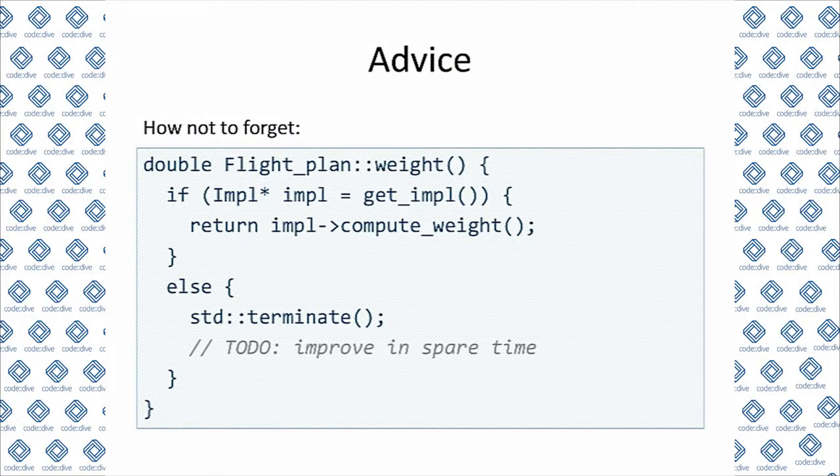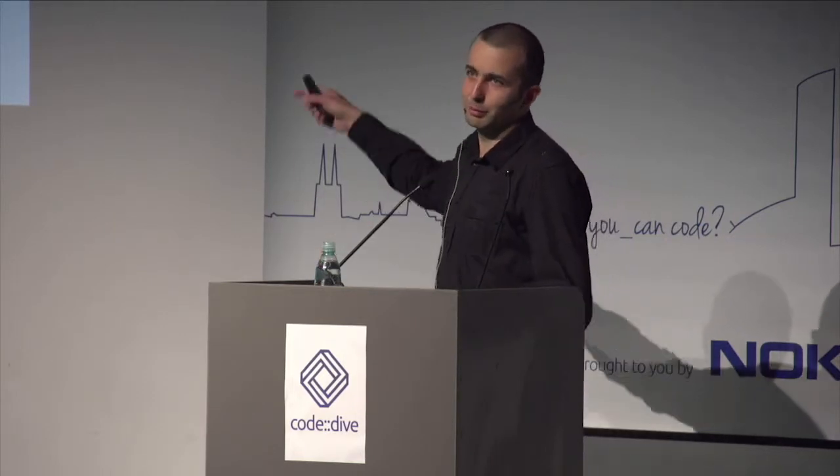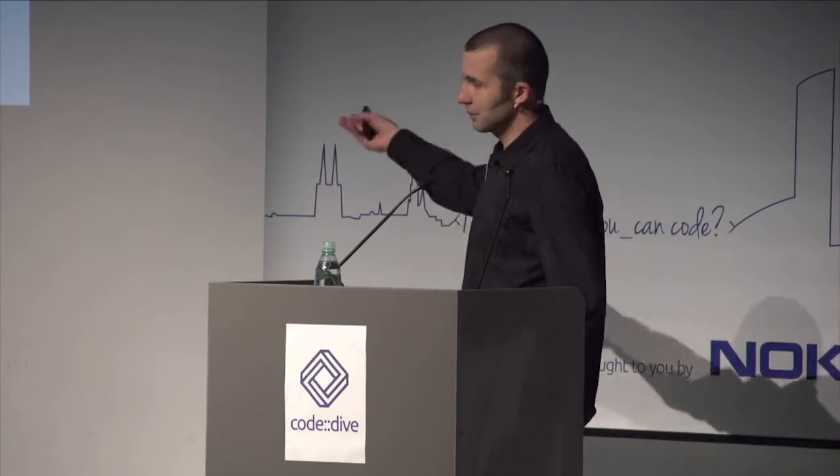Terminate is your friend. Don't be afraid of it. You need to write those to-dos. I was making fun of it, but usually when you have a branch, you cannot type both branches at the same time. Yeah? You have to decide which one you're implementing first. So there is no other way but just to say this to-do. Put a terminate just down below. It will not harm you. You are at least assuming that you will go back to this to-do, yeah? And then you can remove it. If you forget to remove it, at least you have a terminate to stop the program before it does even more harm.